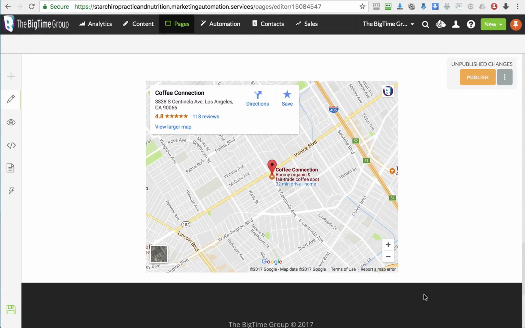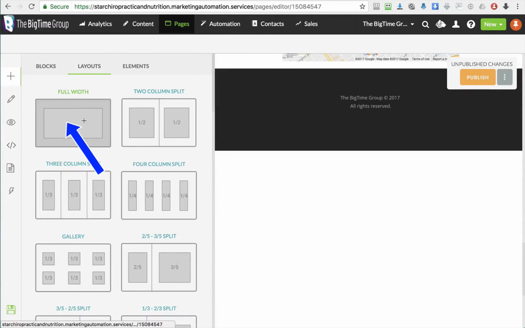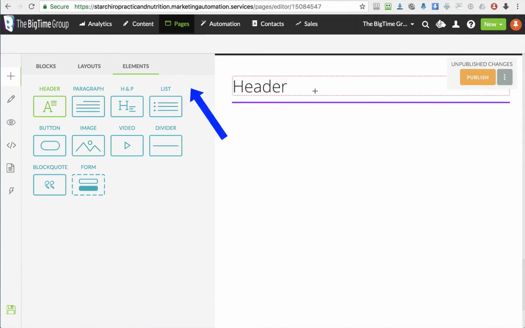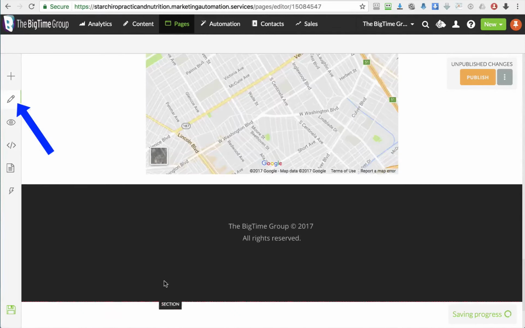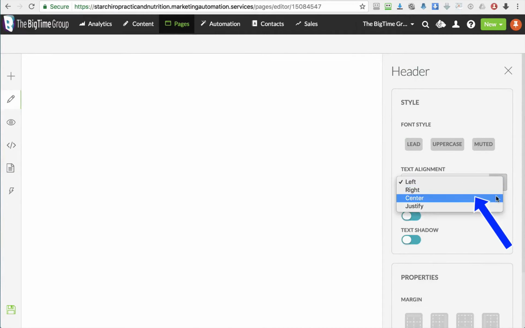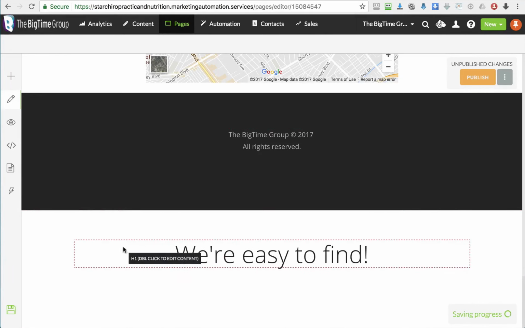In order to do that, we're going to have to use the Add Content button and add a headline. So we go to Layouts, Full Width, Element, Header, click inside, back to Edit Content, and we want to make that centered. So now we're going to want to move it above the map, but very important, because this whole area right